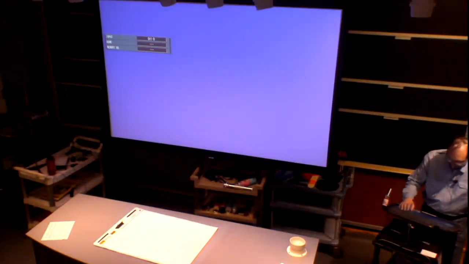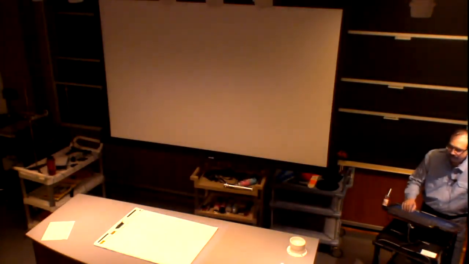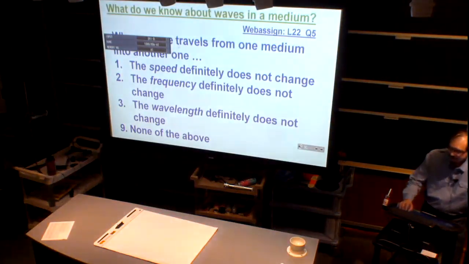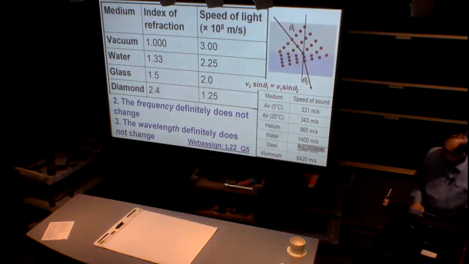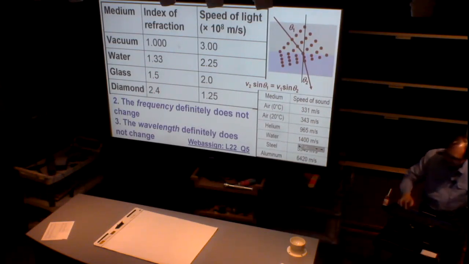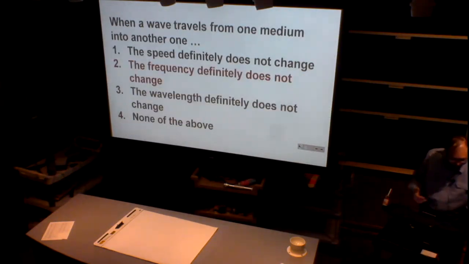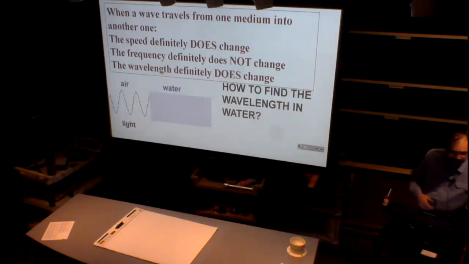So, frequency is not a property of wave per se. It's a property which is provided to the wave by the source. So we know speed changes, and because frequency is the property of the source, the frequency stays the same. But if the frequency stays the same, that means other variables have to change. So when light travels,